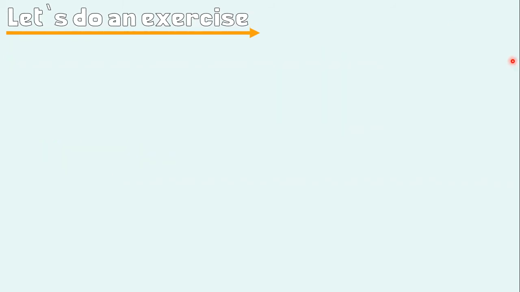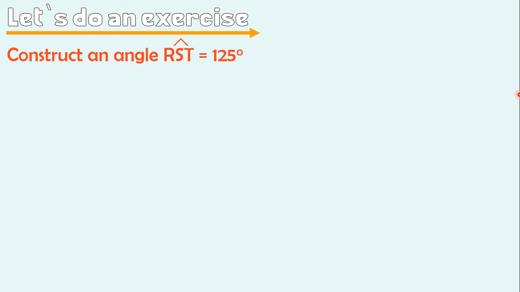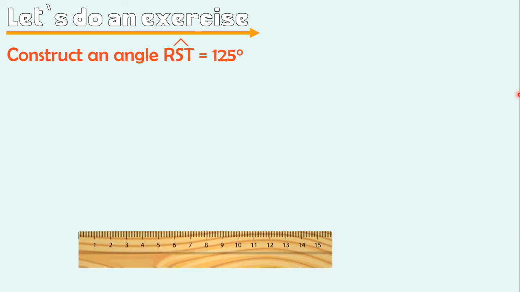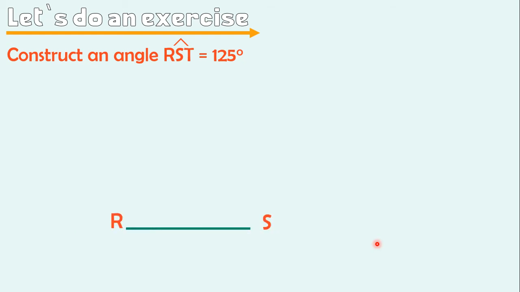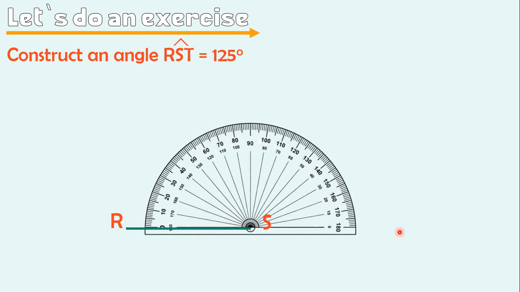Let's do an exercise. Let's construct an angle RST which equals 125 degrees. And I will give you some time. Now let's do it together. First of all, we bring the ruler and then we draw RS in this way. Then we bring the protractor and put it on the vertex, which is S, in this way. Then we measure